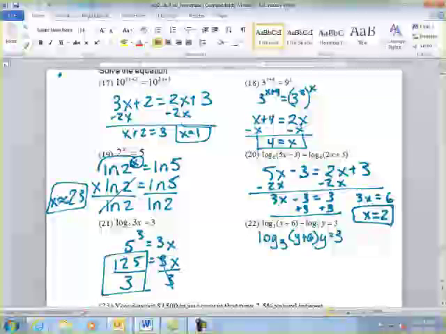What is the base? 3. 3 to the power of 3 equals the y plus 6 times y. The base stays the same, and the other stuff switches sides. 3 cubed is